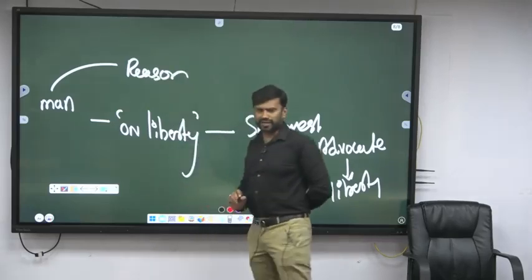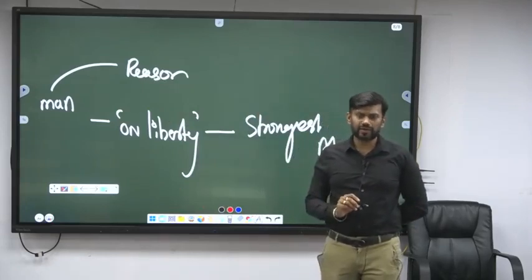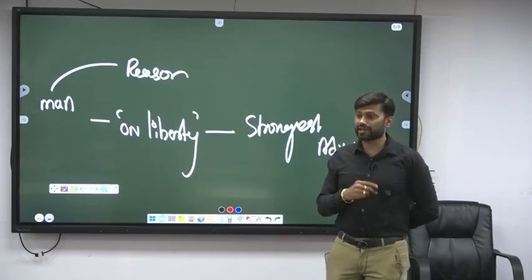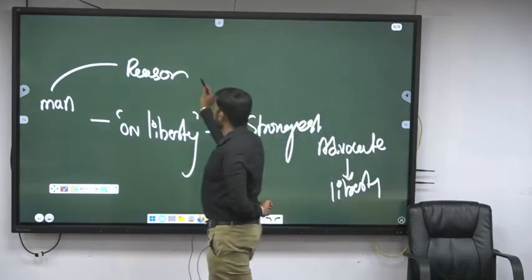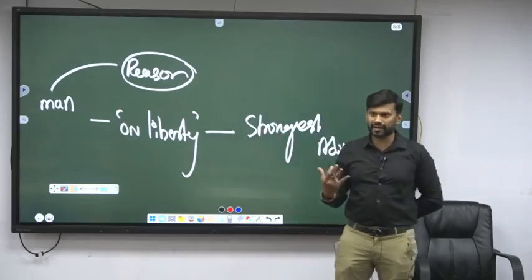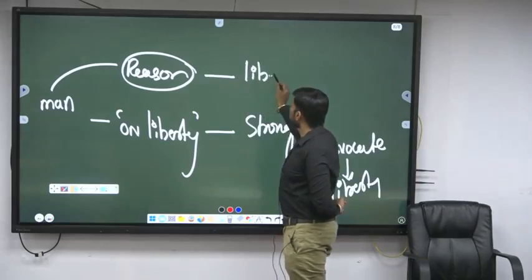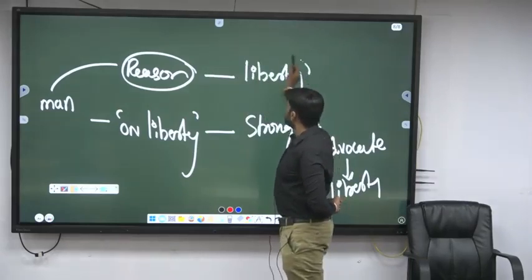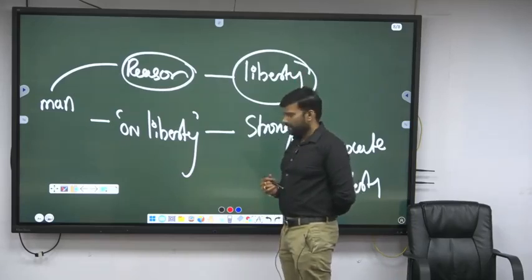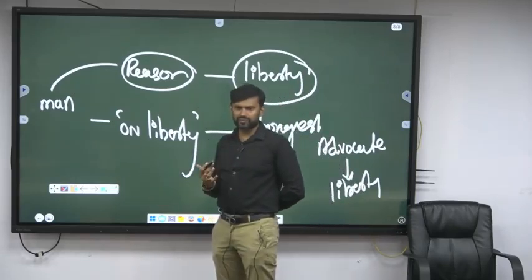Because Mill has also read the writings of Plato and Socrates, he is also influenced by Greek political ideas. That is why we say the entire Western political thought is nothing but footnotes of Plato and Aristotle. So basically man has reason. When you have reason, the first thing man will desire or want is liberty, that he wants freedom. And he told this is very essential for an individual. So what he says,